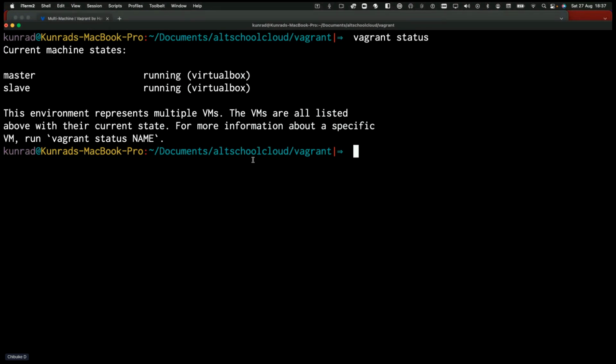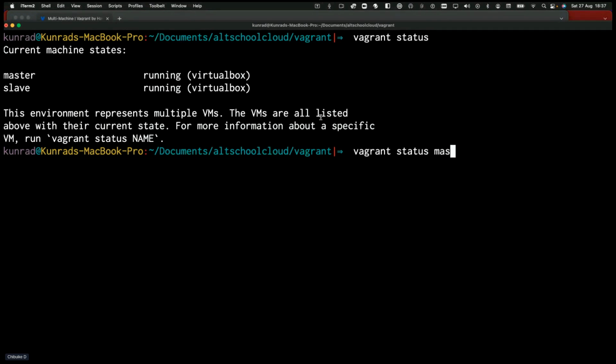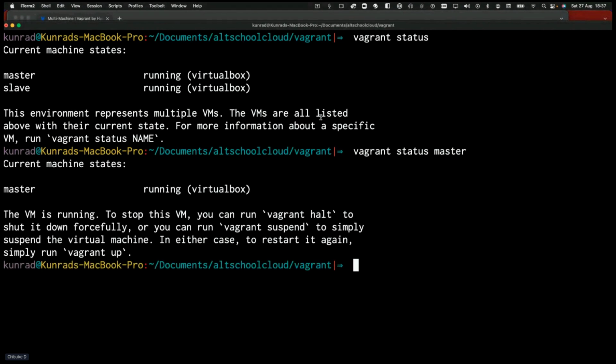So can we all see the two machines that we have running right now, the master and the slave machines? You can give them any names of your choice. If you want to get more details about the master machine, for instance the IP address or anything that's running on it, you have to halt it first. If I run my vagrant halt,